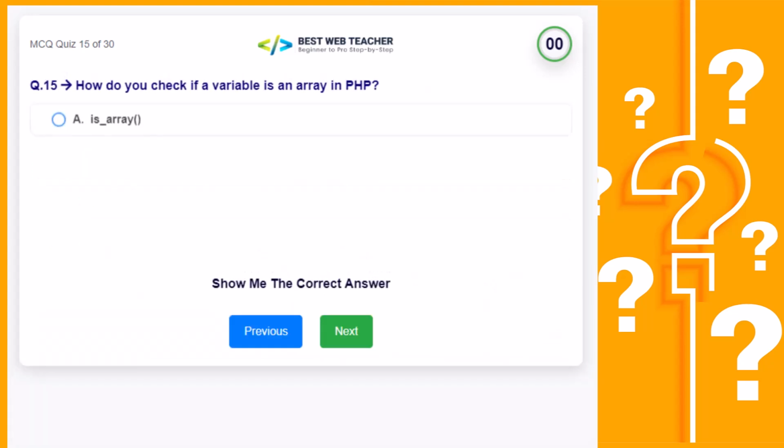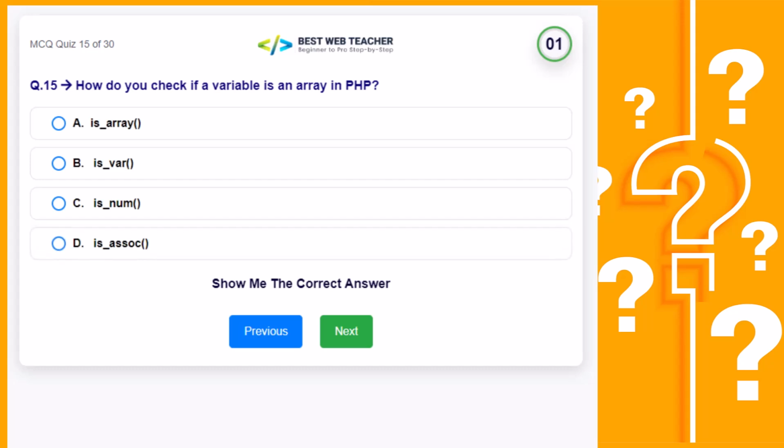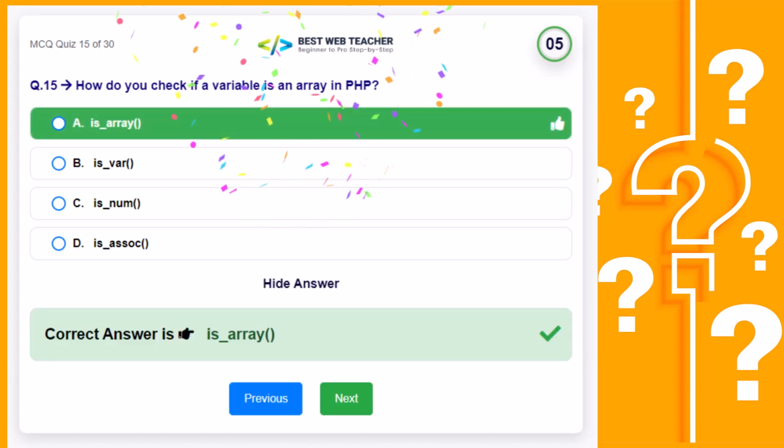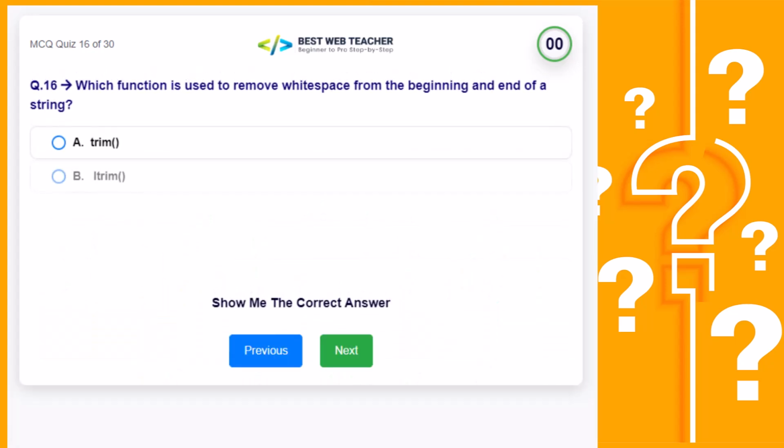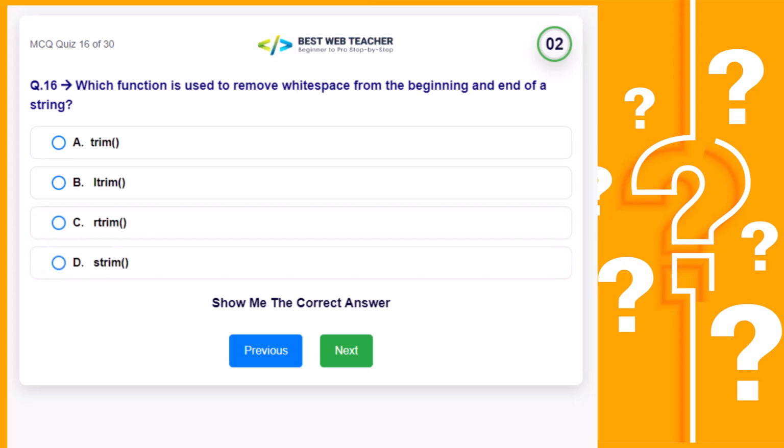How do you check if a variable is an array in PHP? Correct answer is Which function is used to remove whitespace from the beginning and end of a string? Correct answer is